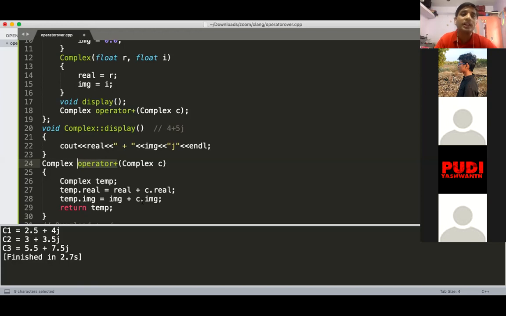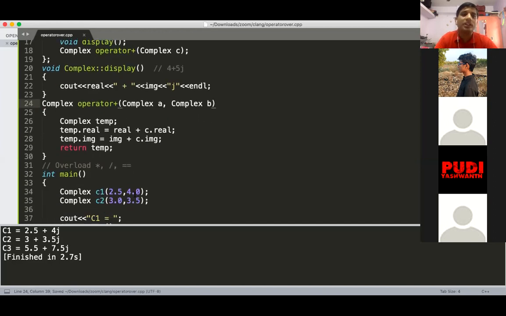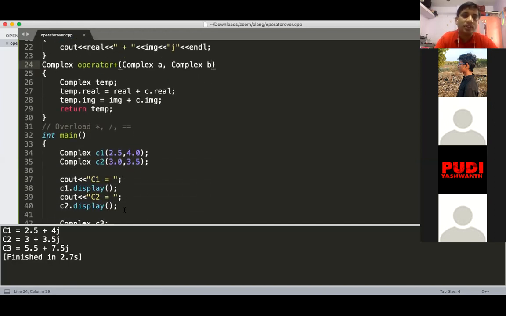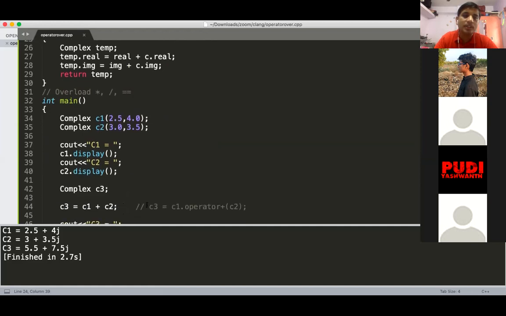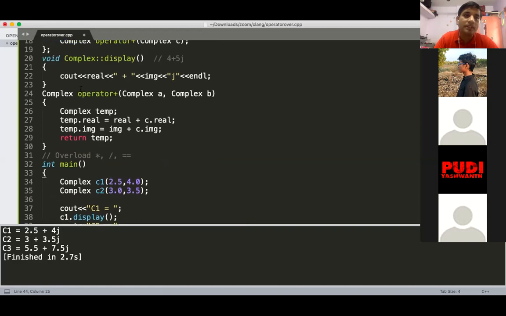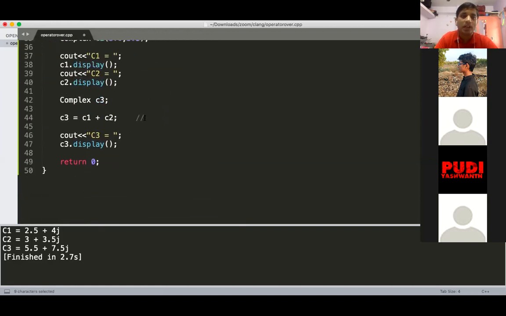If it is an outsider function, then generally it takes two arguments for the binary operation. And how does this function get called here? If I'm doing C1 plus C2, and the operator plus function is not a member function, I am giving both here.